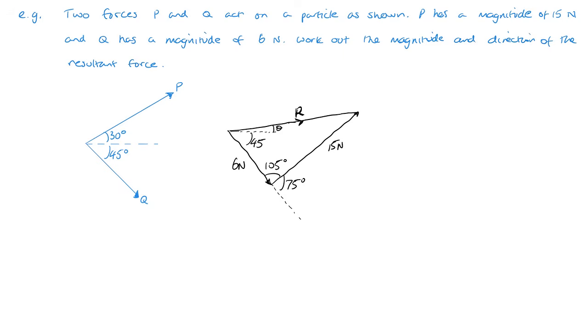But first we can go ahead and find out what R is. To do that, we can use the cosine rule. So the cosine rule states that R squared is equal to 6 squared plus 15 squared minus 2 times 6 times 15 times cos 105,